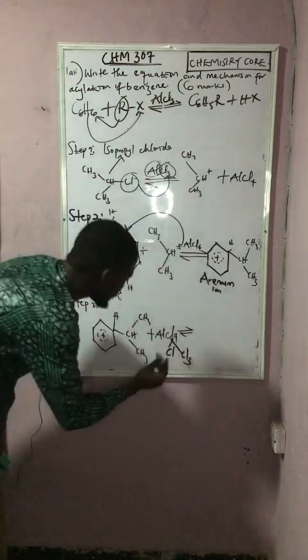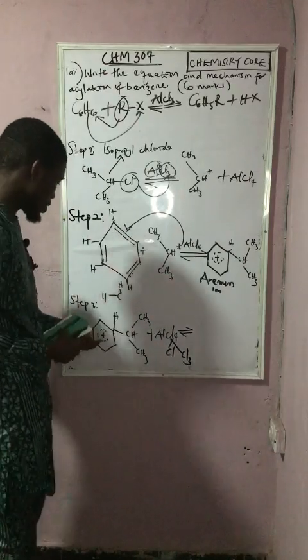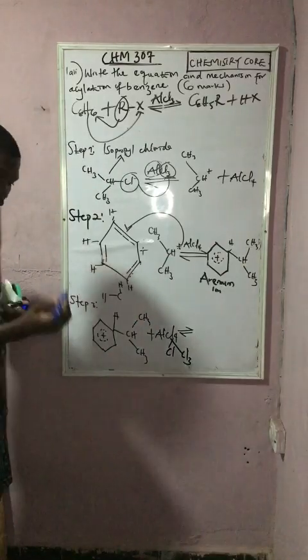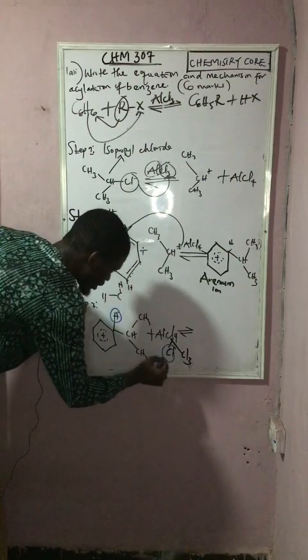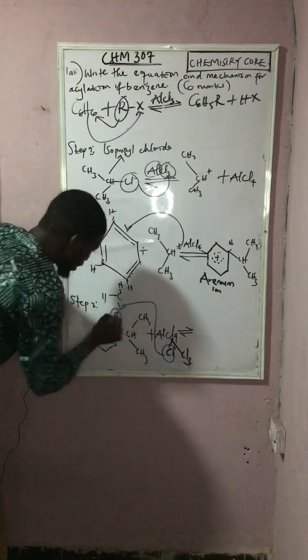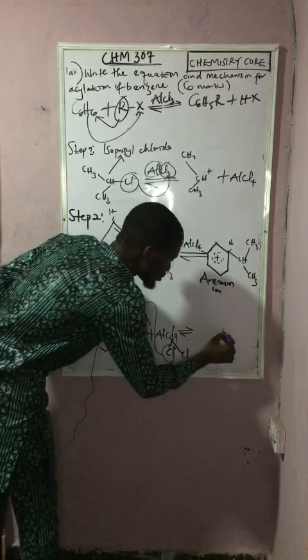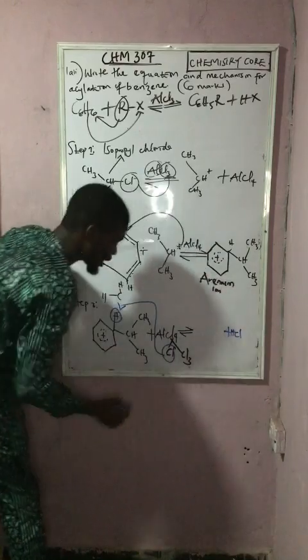So with what you have there now, let me make use of another marker to show you guys this. So this blue marker now, this H here and this Cl here will react together. With that, we have plus HCl, and we are left with